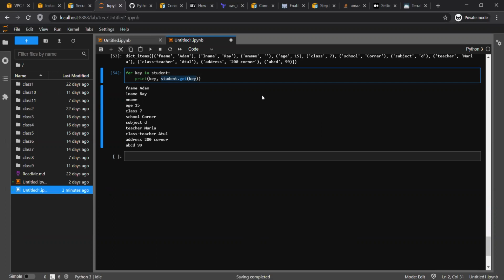If it does not exist, the program will exit. Correct. If I define a default value or do not define, that is not going to impact. The reason is I'm fetching keys from the student. So obviously student has a limited number of keys. It will return only the keys which exist, right? So I'm damn sure whatever key I'm going to use, that is existing.